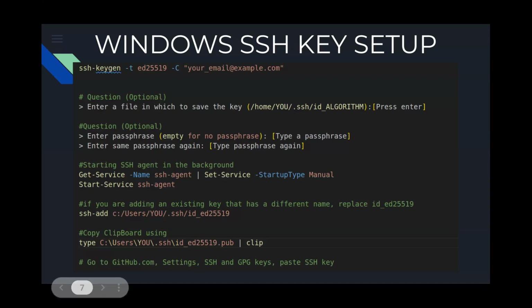And then you add the key, and you just want to be able to copy this. And then we're going to be going to GitHub to paste that in. And I don't want to rush through this because I know this kind of looks like a lot. But again, you do it once and it's completely over. Unless you get a new system or you want to change your OS or something like that, you should have it forever.